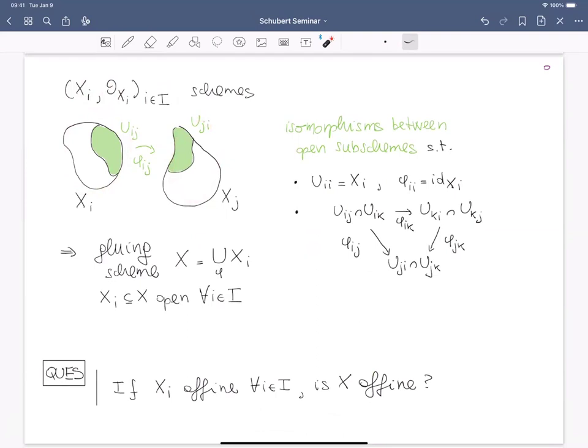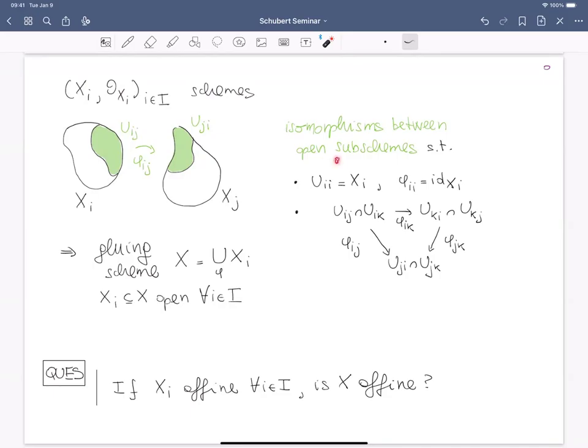Then one of the things we learn in the theory of schemes is that we can glue them together. If I have, let's say, a map phi_ij from an open subscheme U_ij inside Xi, with target U_ji, an open subscheme in Xj, and this map is an isomorphism between these two open subschemes, then I can use a family of such maps to glue the schemes together, as long as this family satisfies a certain compatibility